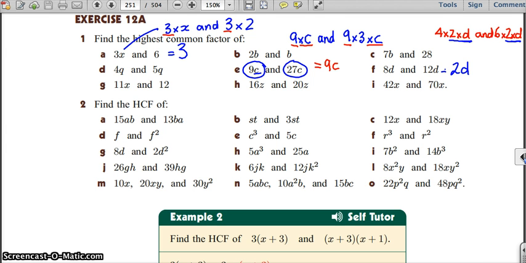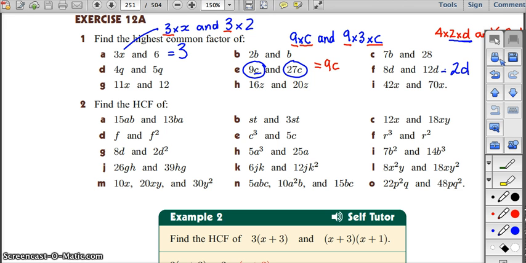And if the numbers don't match up, say if you've got 10, 42 and 70, that will be a challenge for you. Maybe 7. 7's going into 42, 7's going into 70. But if you don't know that, you're going to need a lot of patience. But if a common thing doesn't go into the numbers, then they just go into the brackets that's left over. Okay? This is just identifying the common